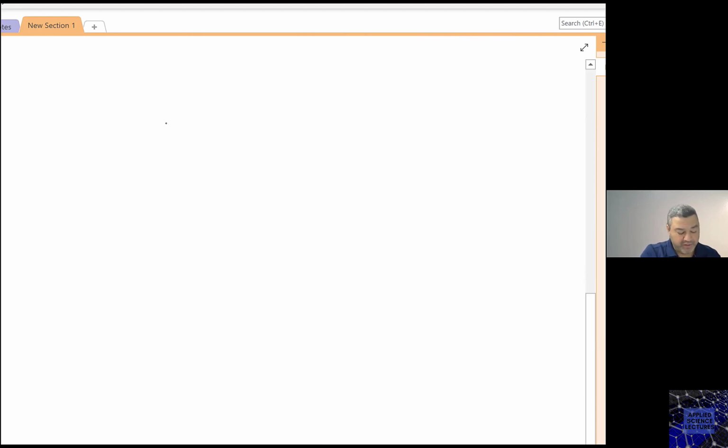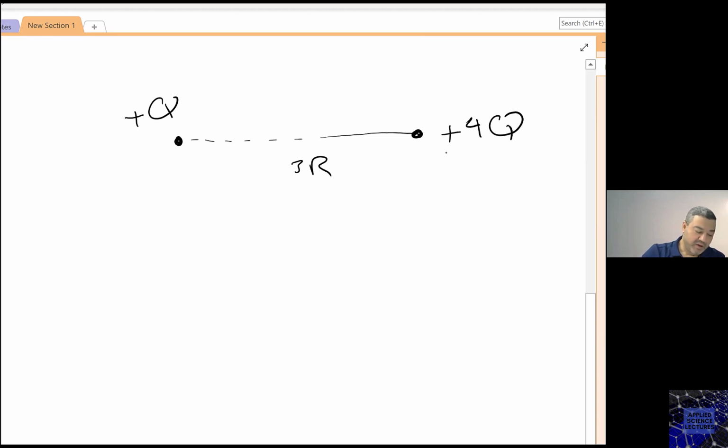So I have here plus Q. I have here plus 4Q. And this is the line. The distance is 3r. Okay. So if I bring a charge Q naught here in between,